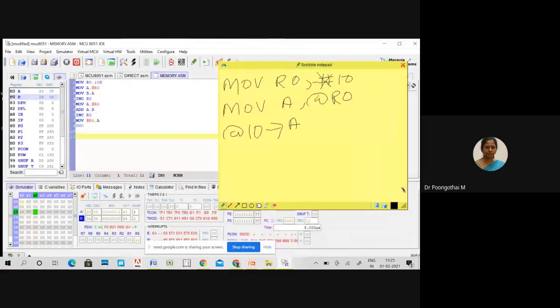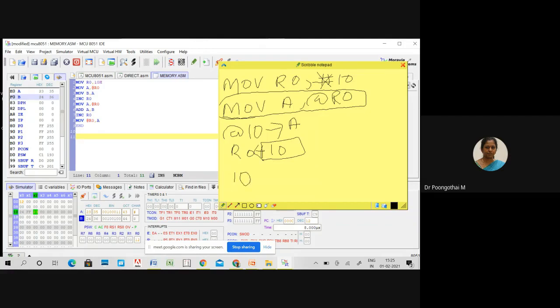So after execution, what will be the content of the accumulator? After execution, your R0 holds 10. Okay. That is, R0 is loaded with 10.